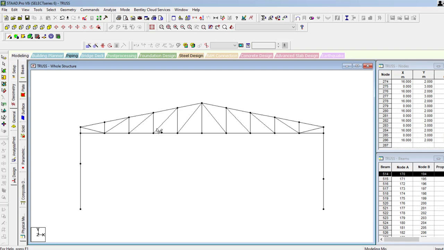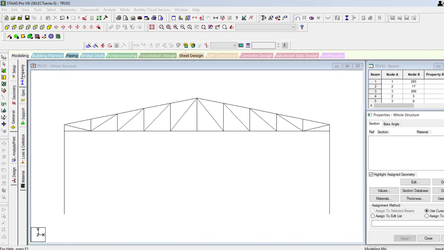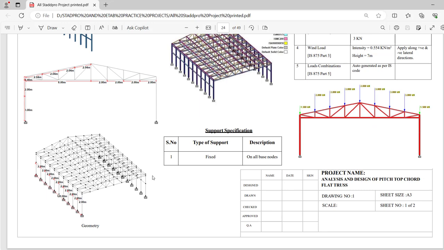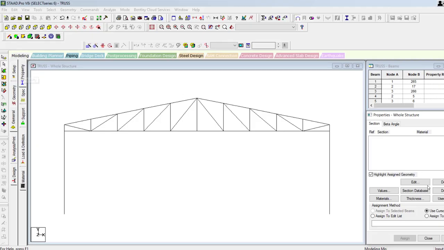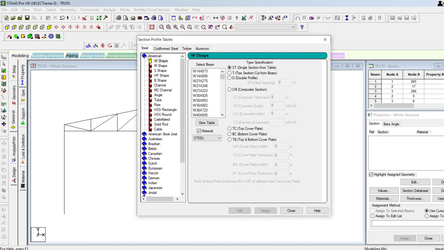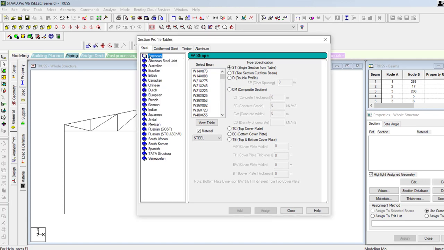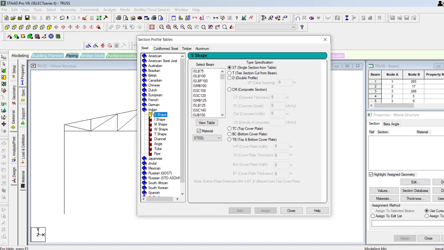So once I complete the geometry, then we have to apply the property. Let's have a look that we have the properties like ISHB and then ISWP, ISMC and then ISA members. Click on the property option and then we have to click section database. Next you get different categories of the steel sections like American, Indian, like that. Now we are going with